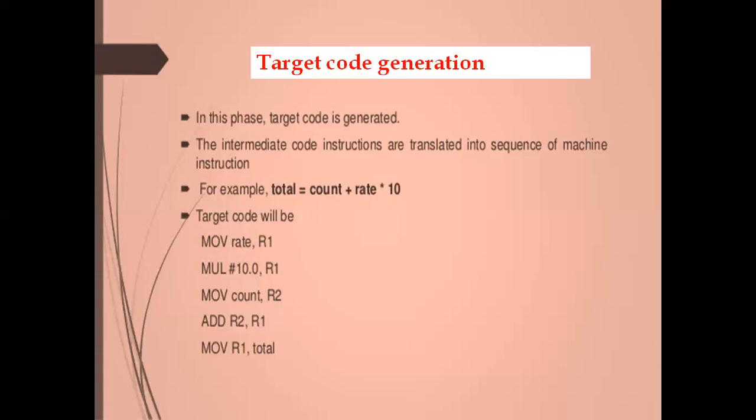The compiler will not produce the machine code, that means zeros and ones. Here, only up to target code, that means assembly language code, it will produce. So in total, 6 phases are there. Lexical analysis will produce the tokens. After that, syntax analysis will form the parse tree and find the syntax errors. Next, from the parse tree, semantic analysis checks whether the syntax tree is formed in a meaningful way, whether there is any ambiguity or any type mismatch. It will find that in semantic analysis.